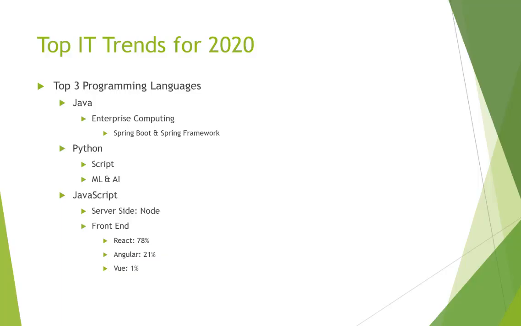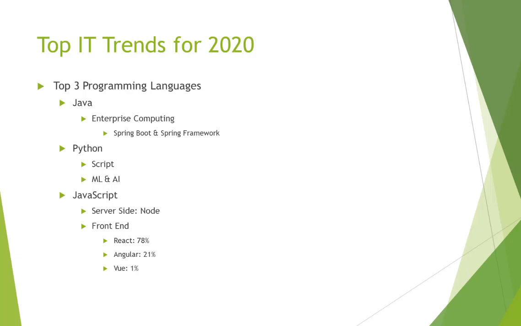Also, I want to mention the top 3 programming languages for 2020. I think Java is still the dominant mainstream for enterprise computing. And on top of that, you need to understand Spring Boot and the Spring Framework. These are enterprise computing requirements. It's a no-brainer: if you work on Java, you have to understand Spring. Especially Java 8 has a lot of features like functional programming and the streaming API. So you also have to understand that functional programming perspective other than the Spring Boot part.